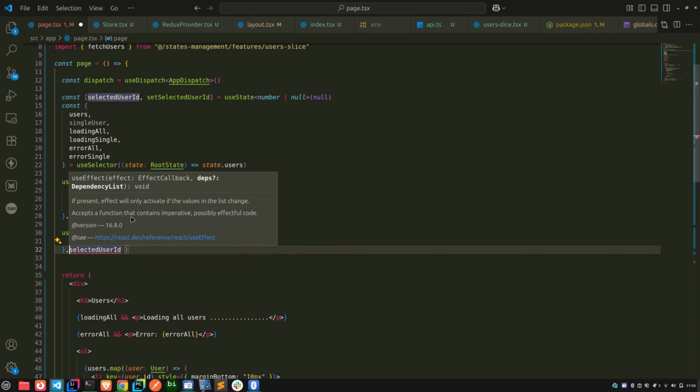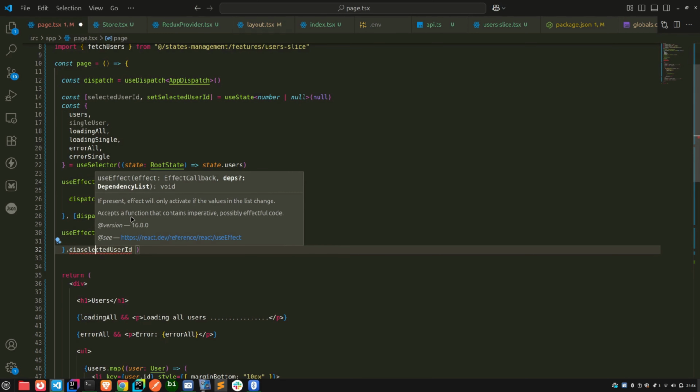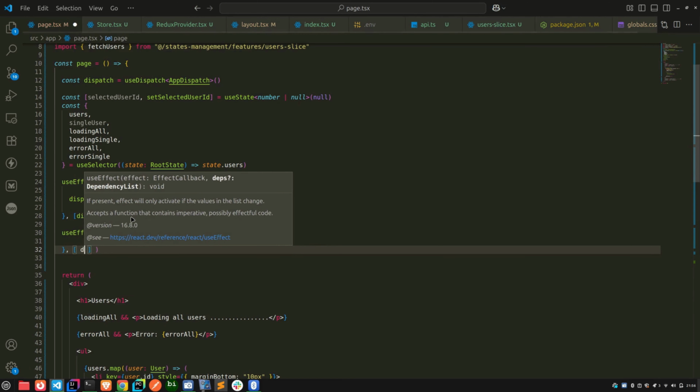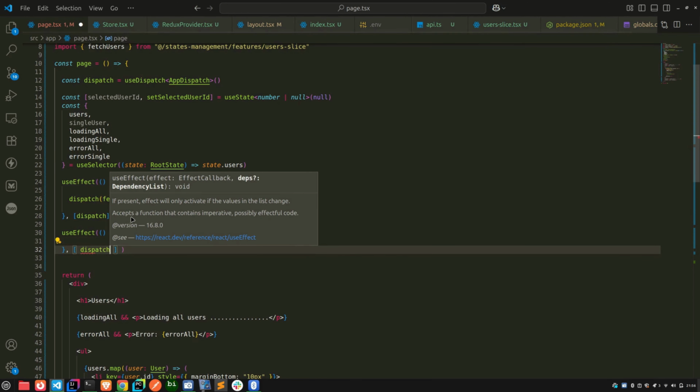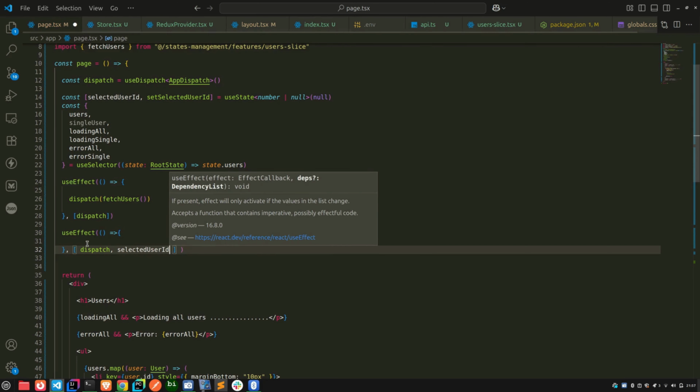So it is going to work like that, or when maybe dispatch. Okay, one blunder is we are not putting it maybe in a dependency array, so we need dispatch. So this function is going to work under any dispatch or selected user ID, that way. So which function do we need? If